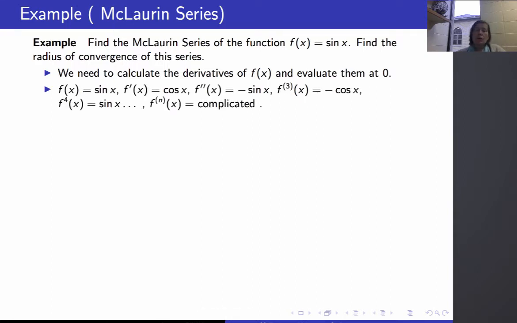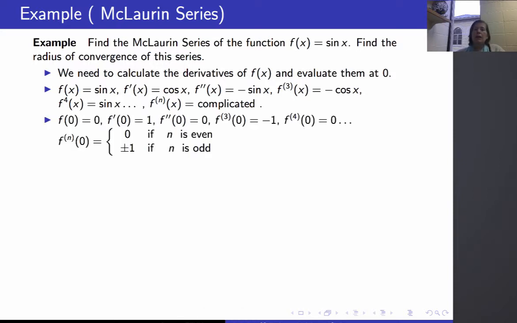So of course the derivatives are either plus or minus sine or cosine. We have f of x equals sine of x, its derivative is cosine, the derivative of that is minus sine, the derivative of that is minus cosine, and the derivative of that is sine of x, and the cycle continues over every 4 derivatives. Plugging in x equals 0, we get f of 0 is 0, the first derivative of